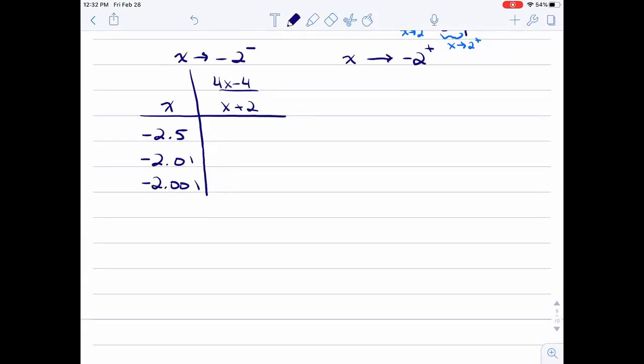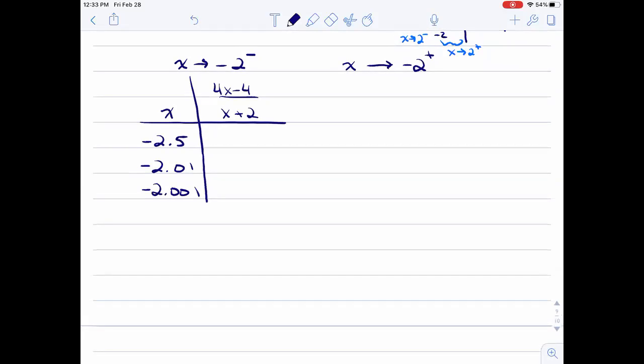Hopefully we'll have a pretty good idea by that point, but it might take a couple more iterations, right? Getting closer and closer. But hopefully we can see the behavior, because all we're looking for is if we're approaching positive infinity or negative infinity. Right? And so here, if we use x equals -2.5 in that function on the right-hand side,